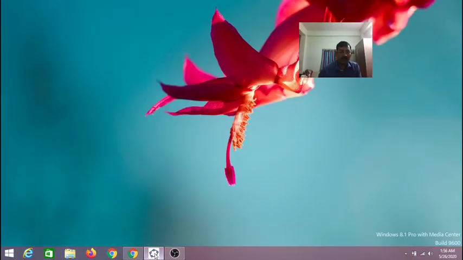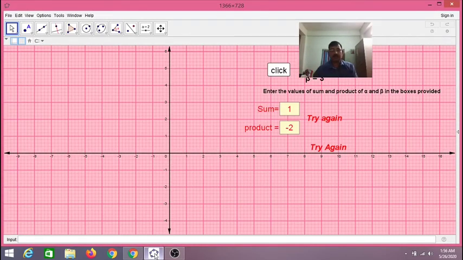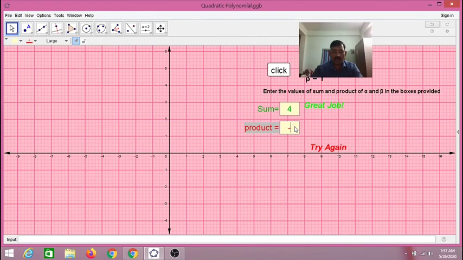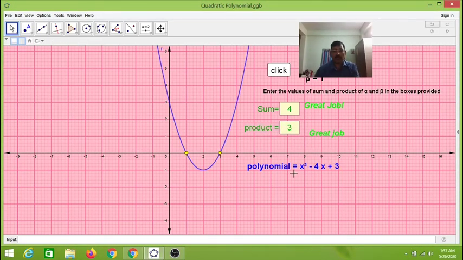On the other hand, observe this. Suppose you are given any two zeros, like I am taking 3 and 1, then what is their sum? Easily you can observe the sum is 4, and what is their product? 3 into 1 is 3, the product. Now just observe what happens. Then the polynomial is x squared minus 4x plus 3, and the two zeros are 3 and 1, which you can observe here, 3 comma 1.